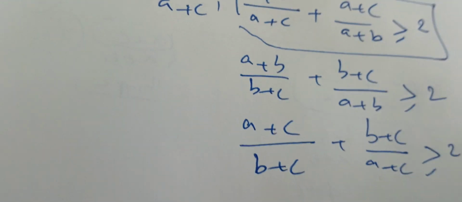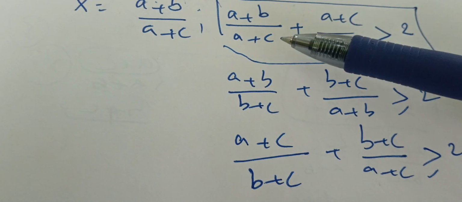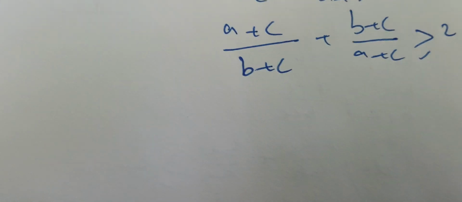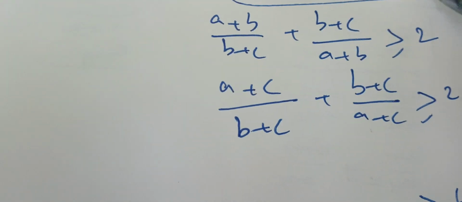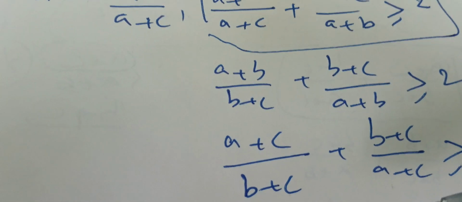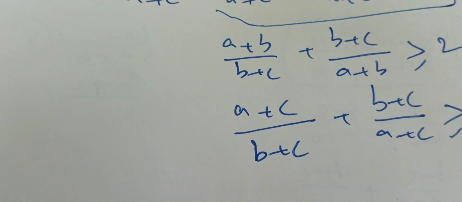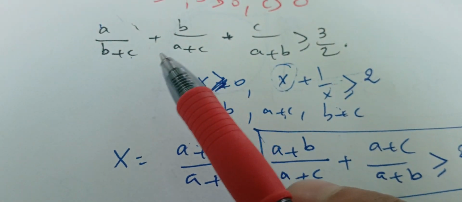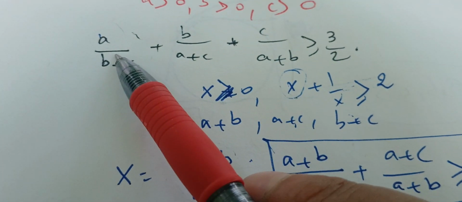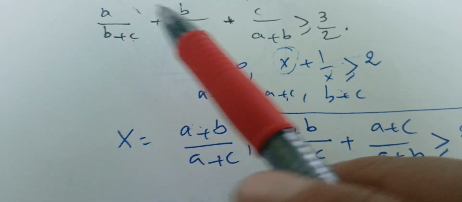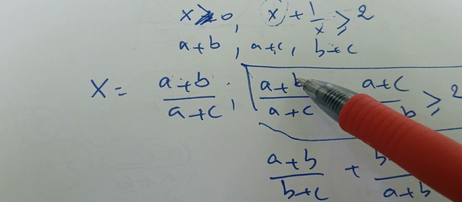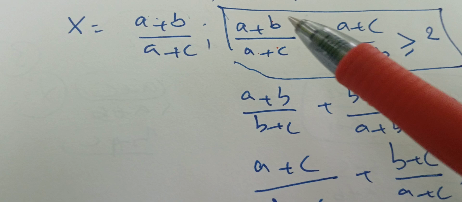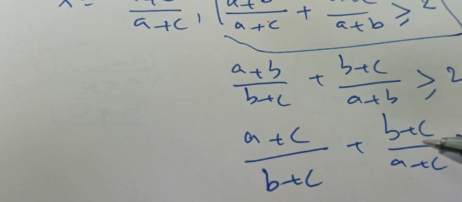Now I have 3 quantities. If I add them side by side, on the right side I'm going to have something bigger than or equal to 6, which is 2 plus 2 plus 2. Once I do the side-by-side addition, I need to get the target expression in somehow. That's why I'm going to split this one. For this one, I'm going to use A over A plus C, and also I'm going to get the A over A plus C from